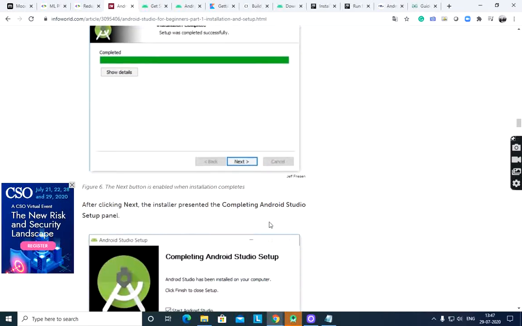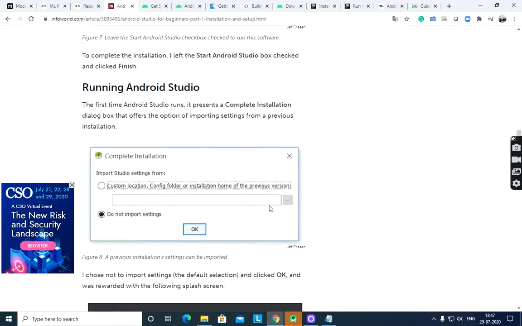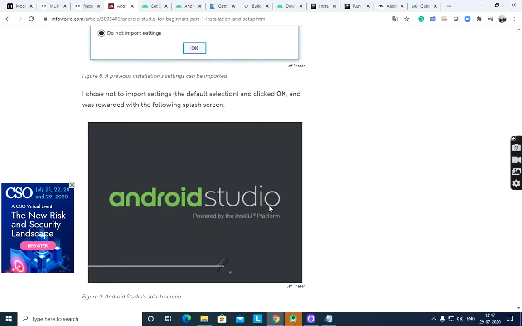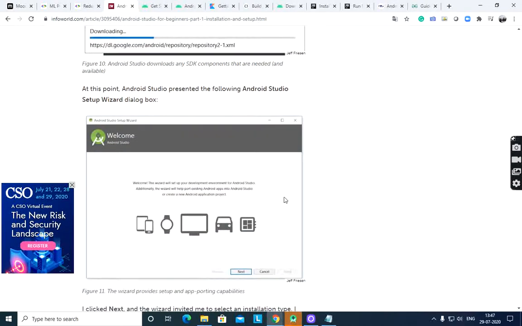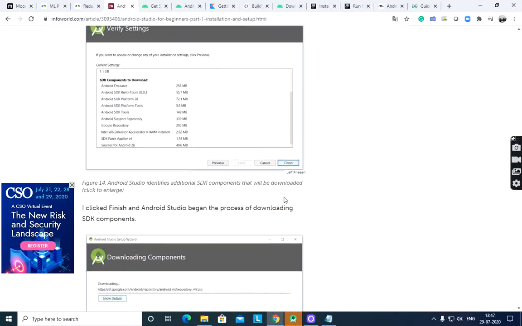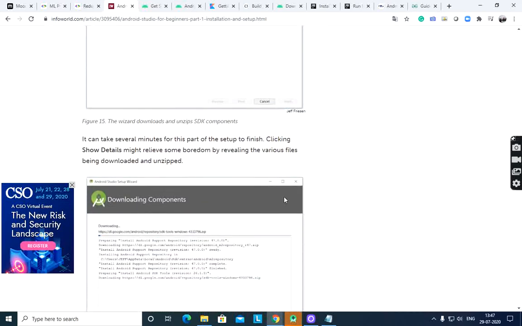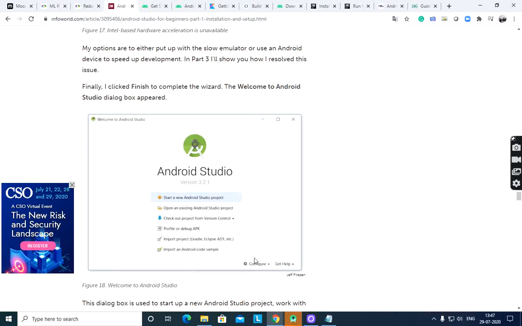After completion of the installation, press finish. It will show default settings, you have to take those and then install. After completion of installation, it will show this screen, Android Studio, latest version 4.0.1.